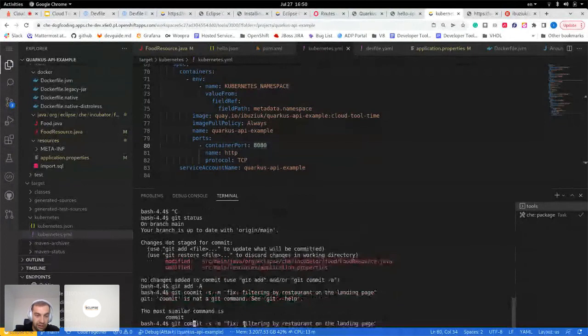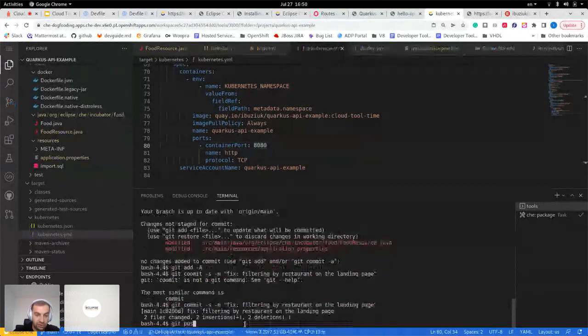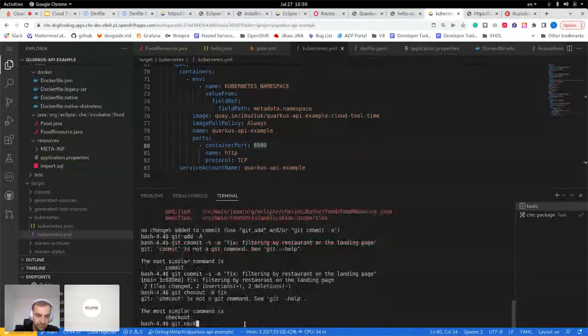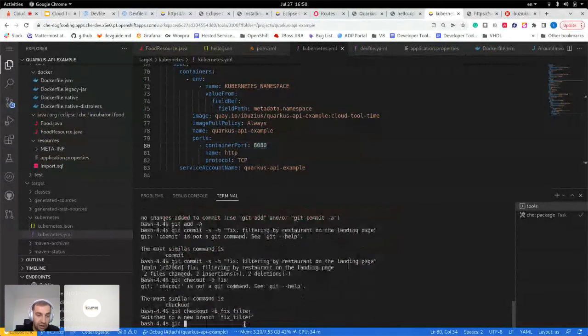Okay, and now git checkout fix filter. And now git push fix filter. So you see all my credentials are